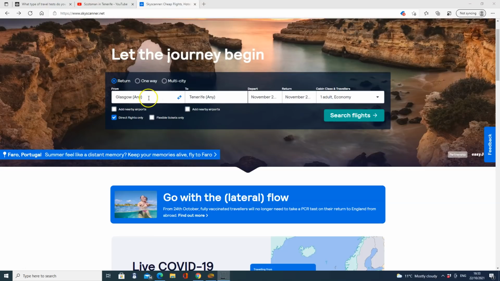So all we do, we start off and we'll put in our destination airport. I'm just putting in Tenerife Any. It'll default to Tenerife South because that's where they go from Glasgow. I put in Glasgow Any, so that will cover Glasgow International Airport near me and also Glasgow Prestwick Airport, which